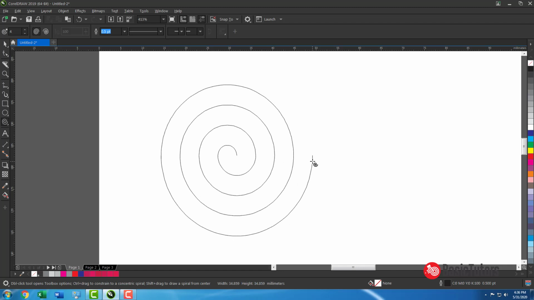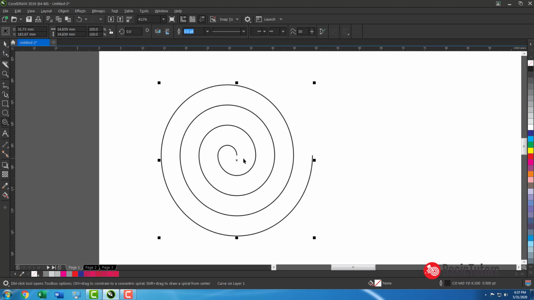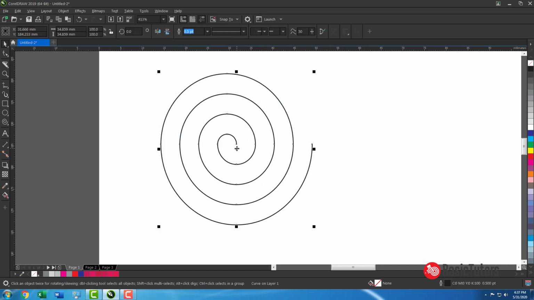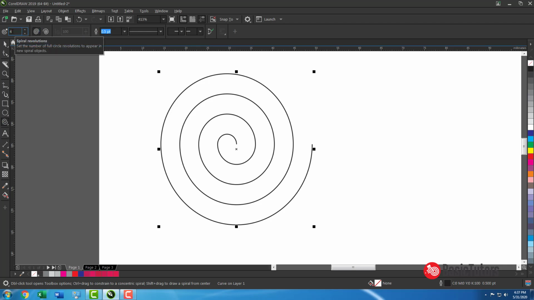You can watch the video, what we can do with the spiral tool is explained in that video. This is spiral. What are all the options with spiral? See, spiral revolutions, 1, 2, 3, 4 revolutions are there. If we increase or decrease,